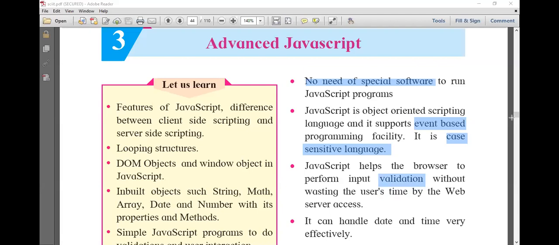So always think that when any question comes regarding the features of JavaScript, whatever points I'm marking, you have to note. And if you write those points, then you will get full marks. Okay, so how are we checking your paper? In a day we have to check about 200 to 300 papers.